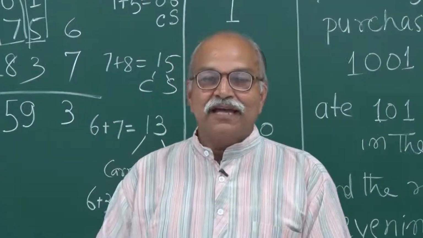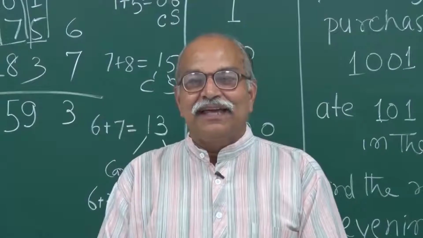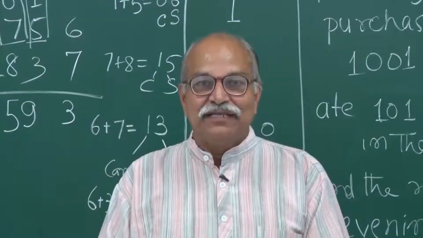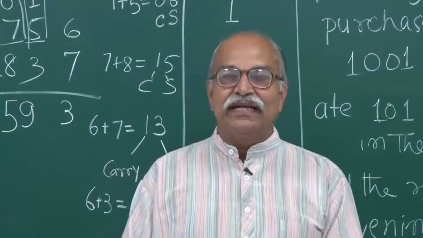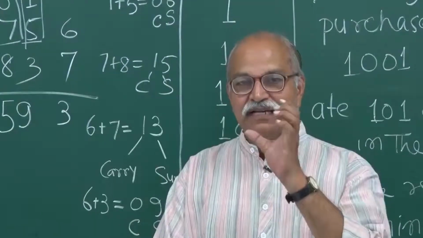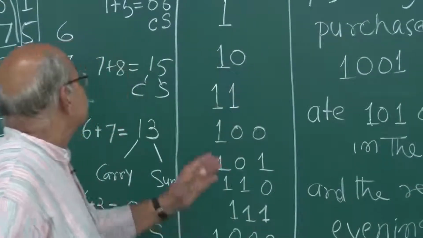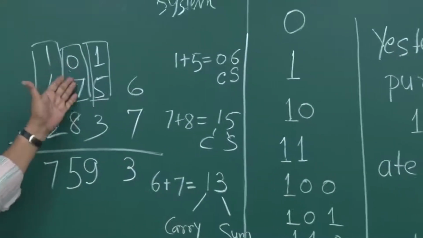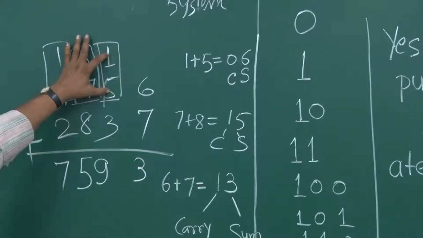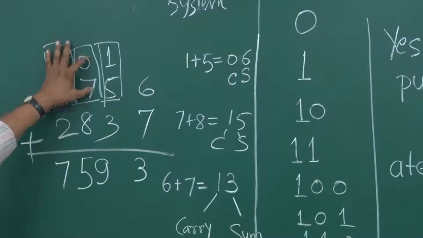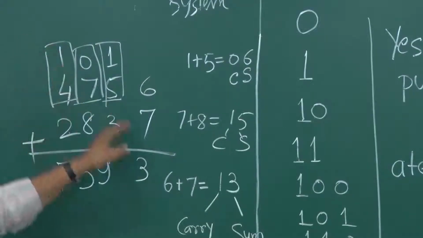So we once again started learning the basic addition of two numbers. I gave an example of how to add two numbers, and essentially the fundamental thing I must know is the sum of two digits. So here we have this sum that we did last time, and we saw how I should know 1 plus 5, or 6 plus 3, or 0 plus 7, or 7 plus 8, and then there is a carry, there is a sum, carry and sum.